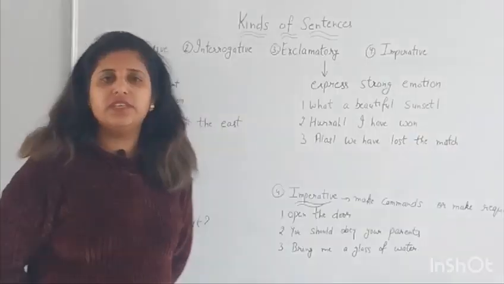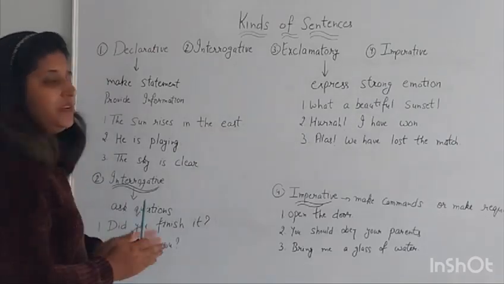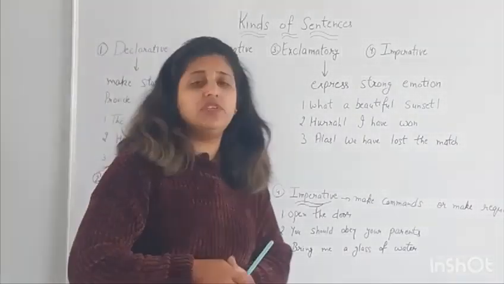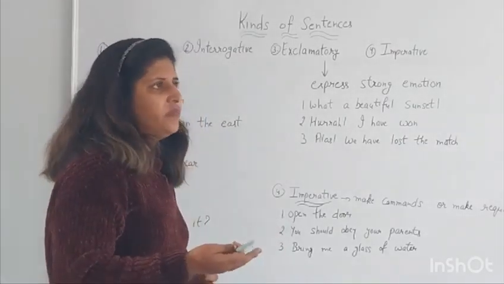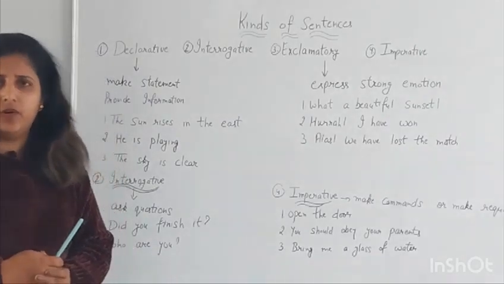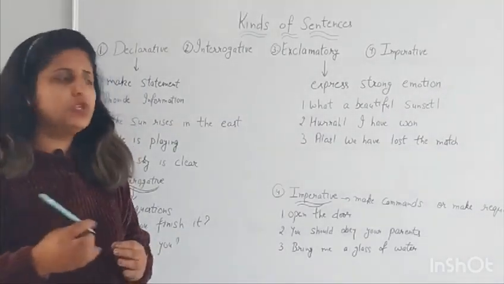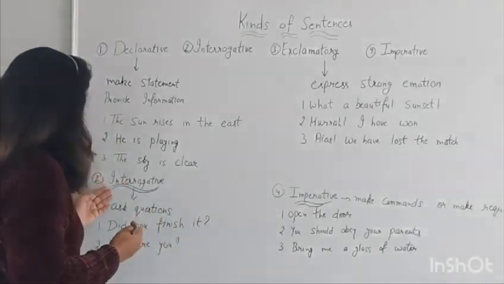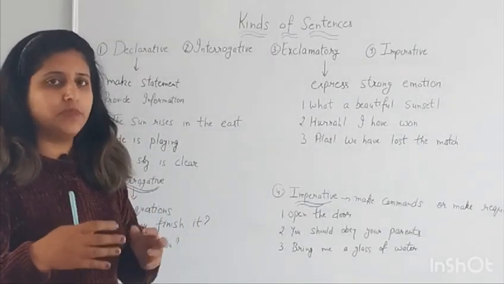Now moving to the next kind, that is interrogative sentences. Simply put, interrogative sentences are those in which we ask a question. Like if you meet someone and you want to know something about them, from where you are coming or where you are going and what you are eating, what you are having. So these sentences are called interrogative sentences because in this you are asking simple questions